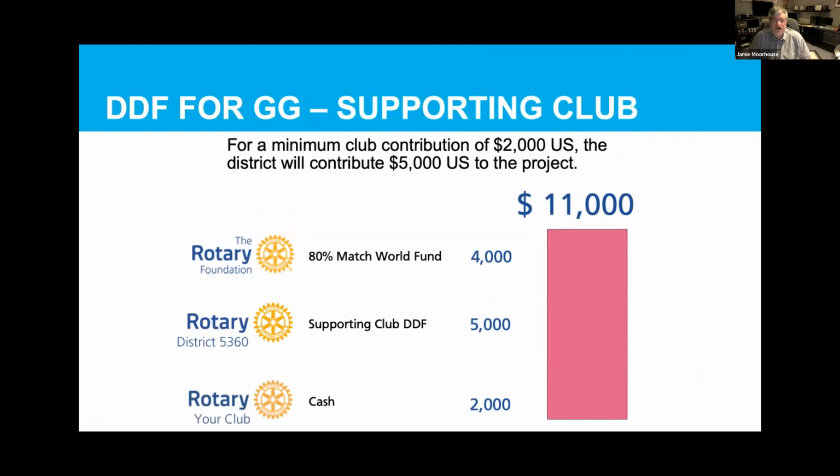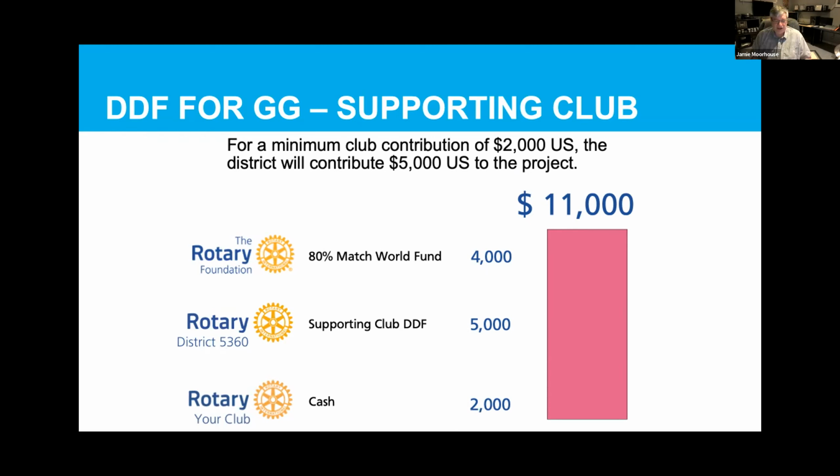So for supporting club grants, basically your $2,000 cash contribution from your club turns into an $11,000 impact on the funding of your global grant. By the time you put your cash in, your DDF, it's matched. It affects the bottom line of the funds available by a total of